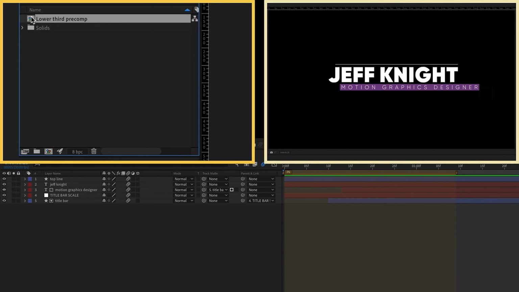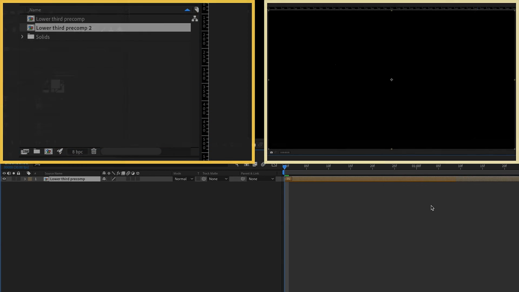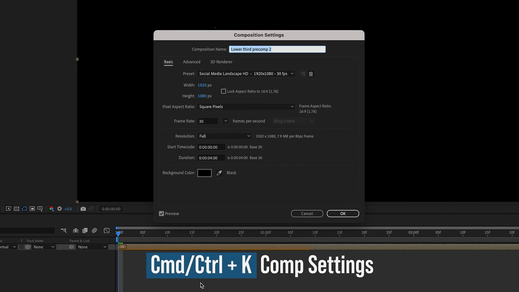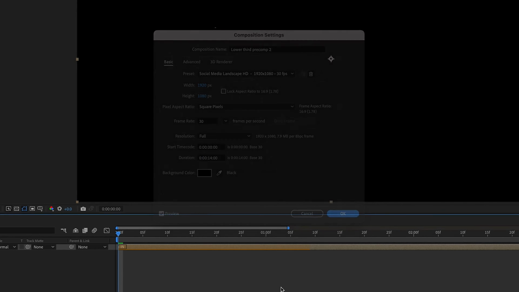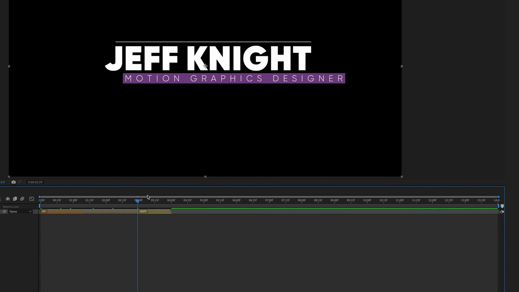Go up to our project panel here. Let's just drag our lower third pre-comp into a new composition. Command or Control K to bring up your settings and let's change our duration. We'll say to 14 seconds. Click OK. We zoom out a little bit. This is our pre-comp. Okay, well, what if I wanted this lower third to stay up to, say, the 6-second